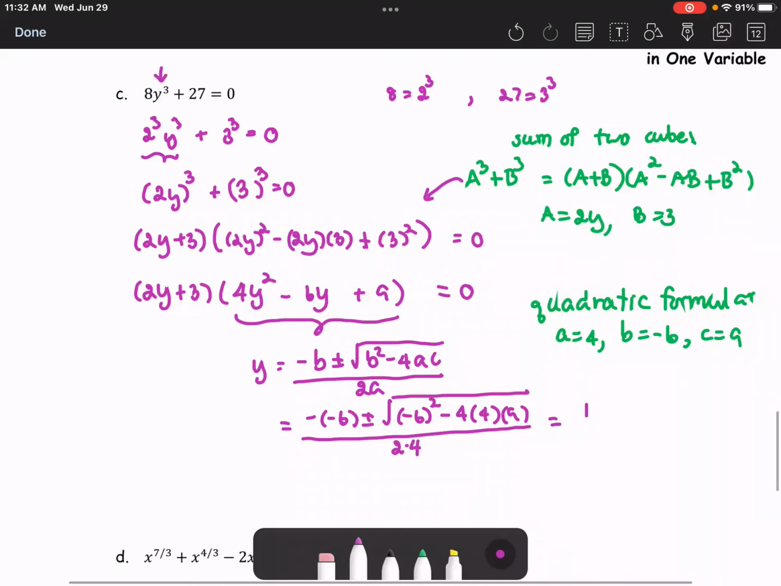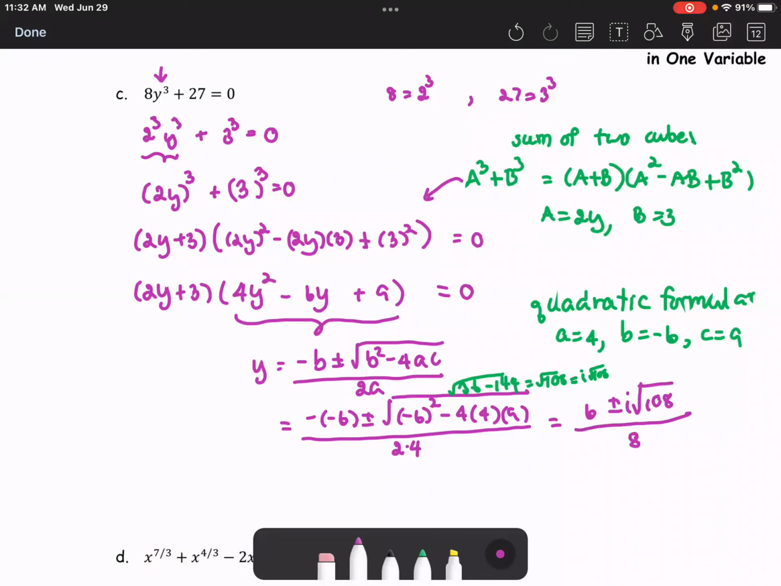And then we get the number 6 plus minus the square root. This one you get 36 minus 144 in the square root, which is the square root of 108 with a negative inside. So with the negative real number under the root, we get i times the square root of 108. So we have i here and then the square root of 108, all divided by 8. And then the 108 is